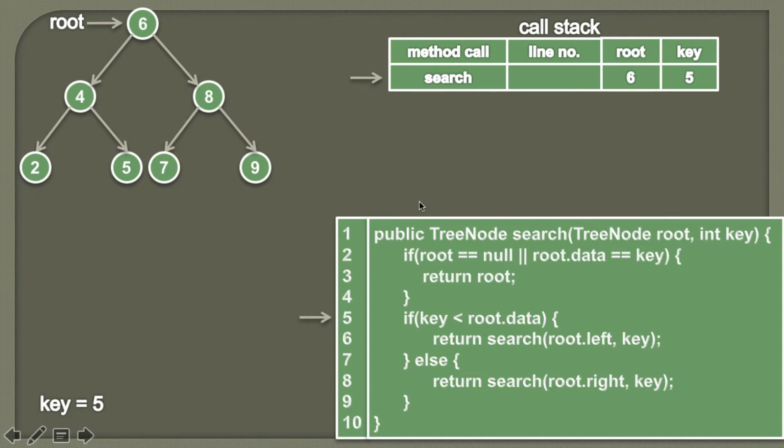So friends, in our previous tutorial we actually discussed what a binary search tree is. The binary search tree is nothing but a binary tree which follows some properties. The first property says that, let's suppose we are on a particular node, and if we traverse to its left subtree, we'll find the nodes having values lesser than the node value. So let's suppose we are on node 6. If we traverse to its left subtree, we are seeing the nodes having values 4, 2 and 5.